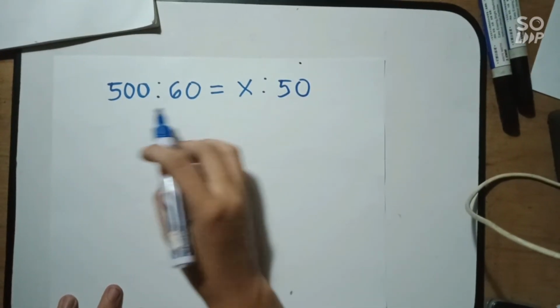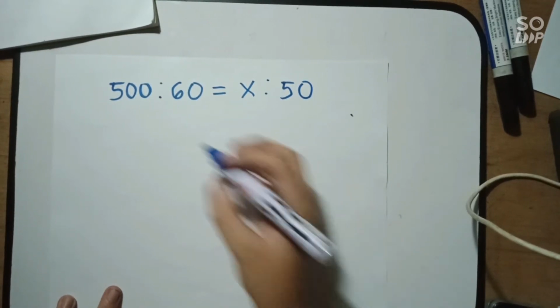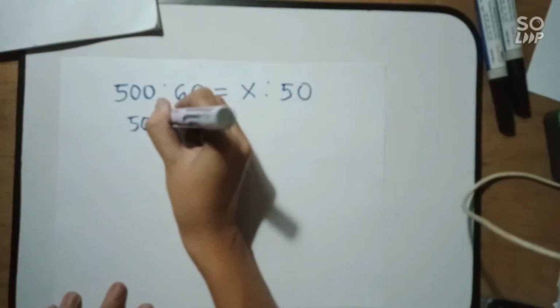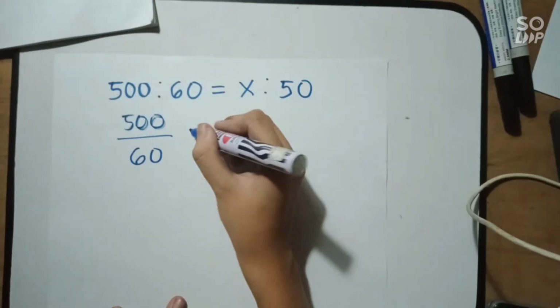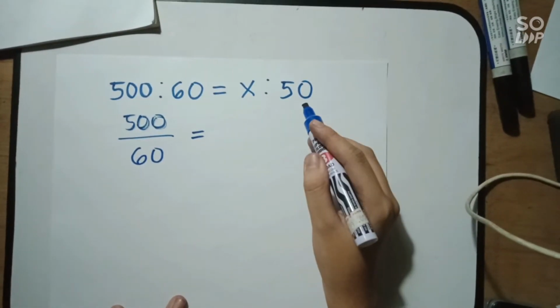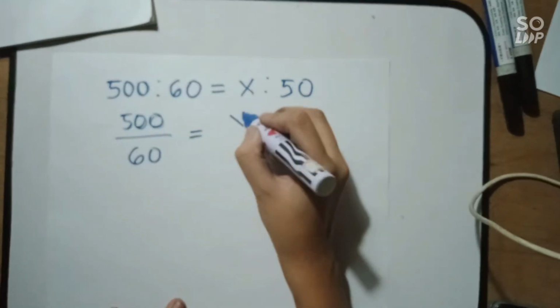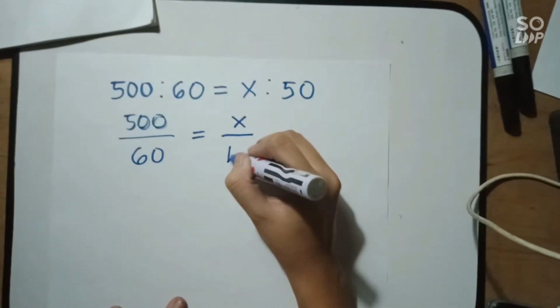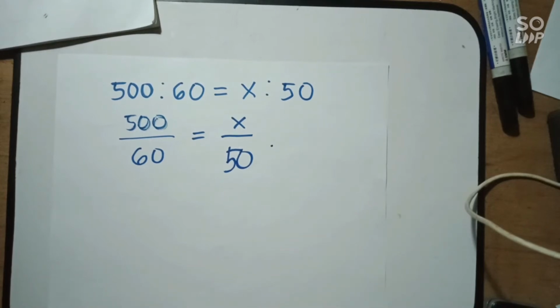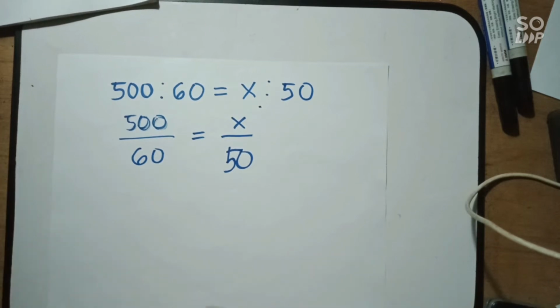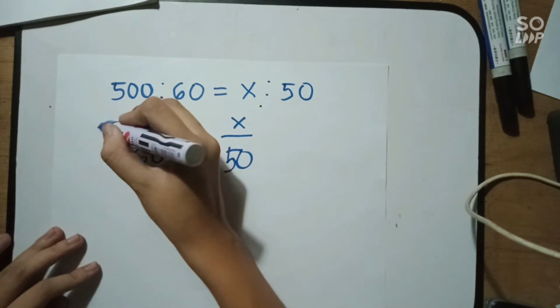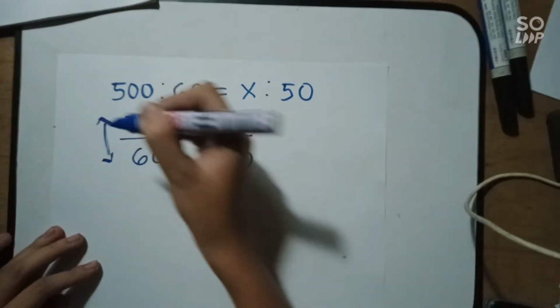So 500 is to 60 is expressed as the fraction 500 over 60 equals x is to 50, expressed as the fraction x over 50. So since it is an indirect or inverse proportion, what we are going to do here is to multiply the numerator and the denominator